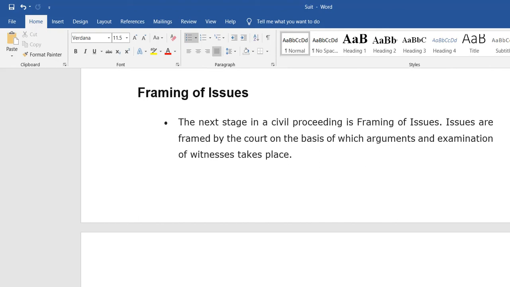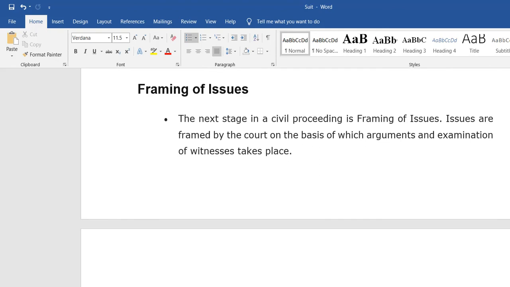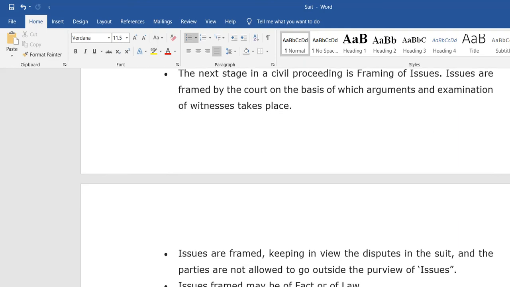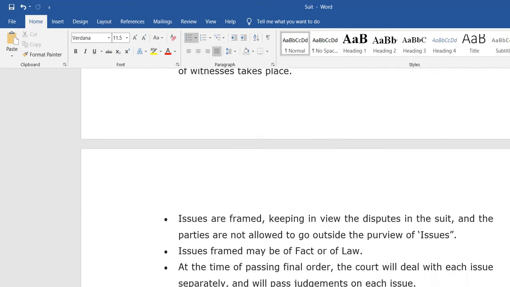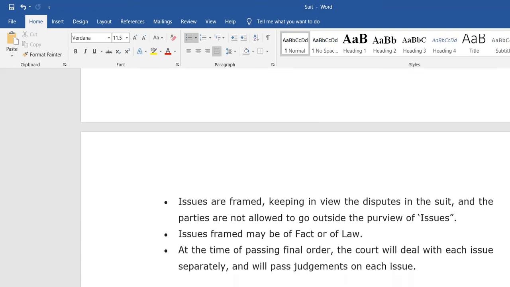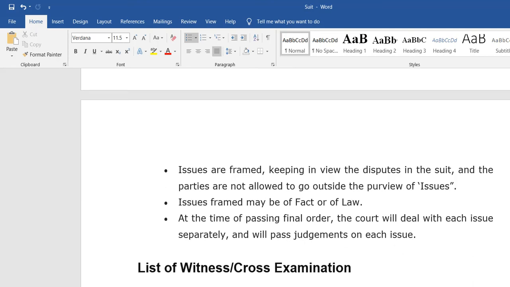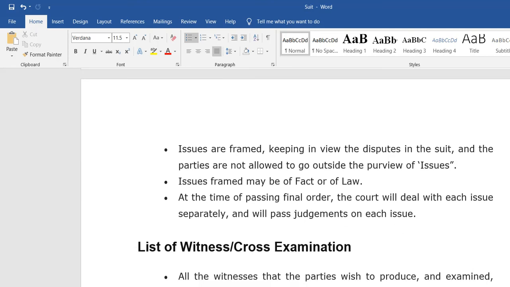Issues are framed by the court, on the basis of which arguments and examination of witnesses take place. Issues are framed keeping in view the dispute in the suit, and the parties are not allowed to go outside the purview of the issues. Issues framed may be of fact or law.